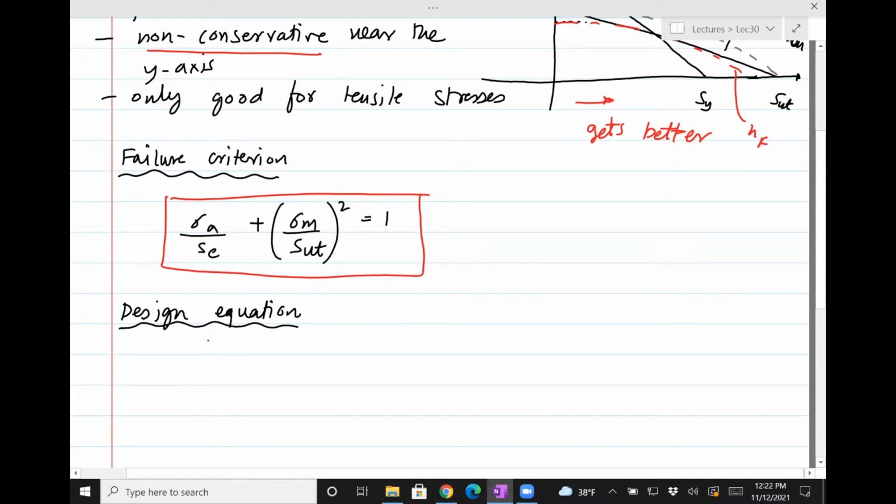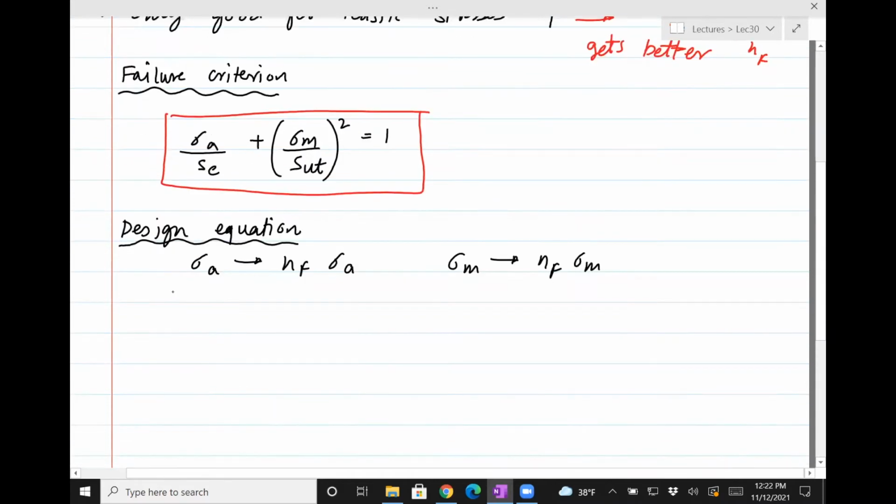Which is the same as before. We take sigma A, replace it with NF sigma A, and take sigma M, replace it with NF sigma M, and then solve for NF. When you put that in the equation, you'll see that it becomes a quadratic equation in NF. To solve for the roots, you have to use the formula for the solution of a quadratic equation. You'll get two roots. One root is negative, and the other is positive. Factor of safety cannot be negative, so we stick with the positive root. So the positive root is NF equals,